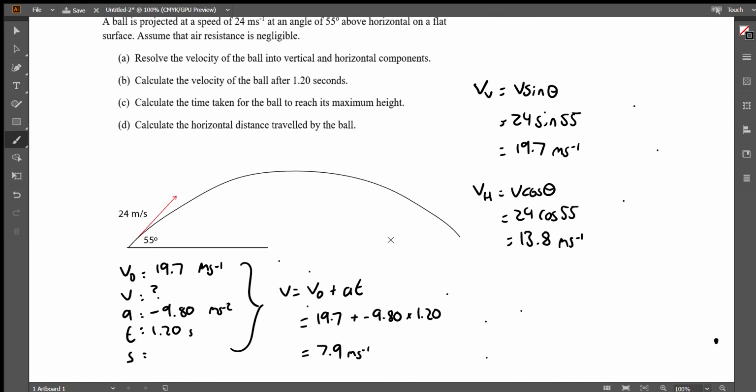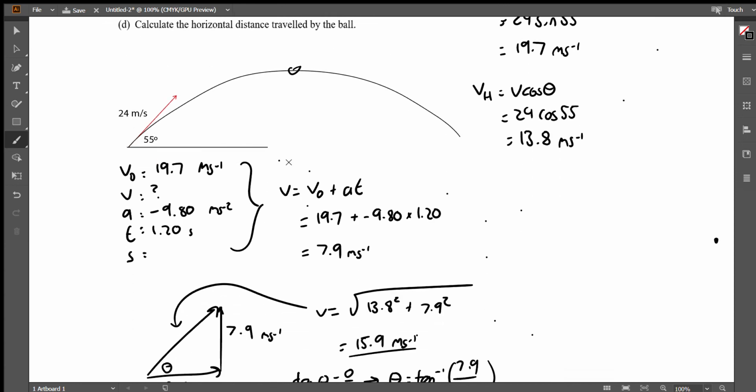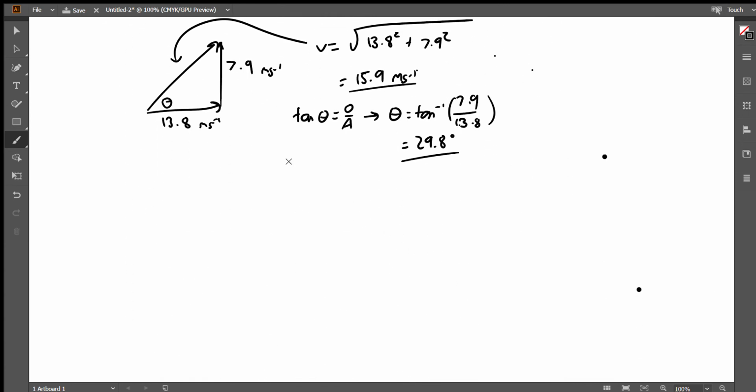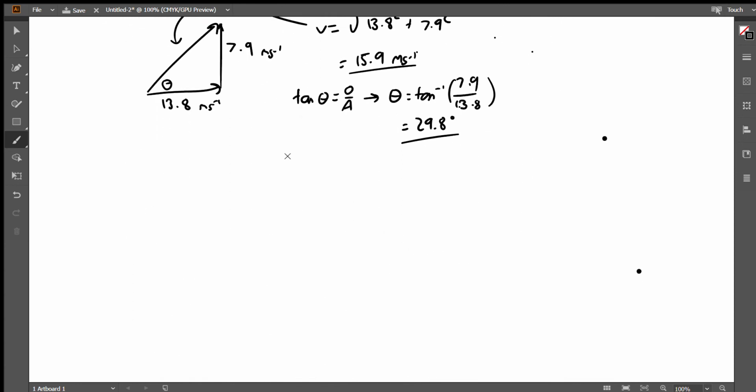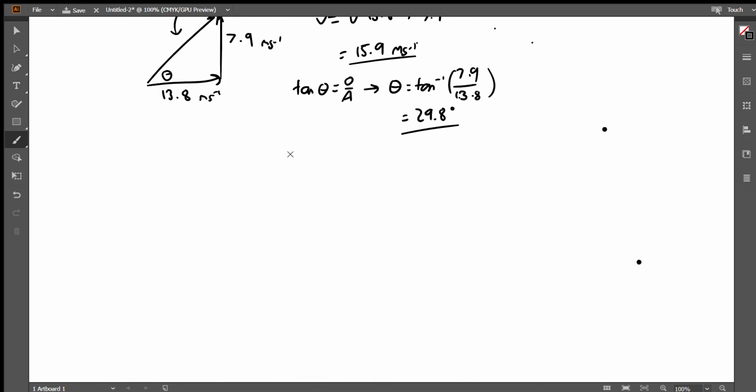Alright, so part C is finding the time taken for the ball to reach its maximum height. So after this point, about here, now at its maximum height, there are a few things we need to recognize. First is that the vertical speed of the ball will be 0 at its maximum height, and that'll give us the extra bit of information that we need to work out the time taken. So again, just using